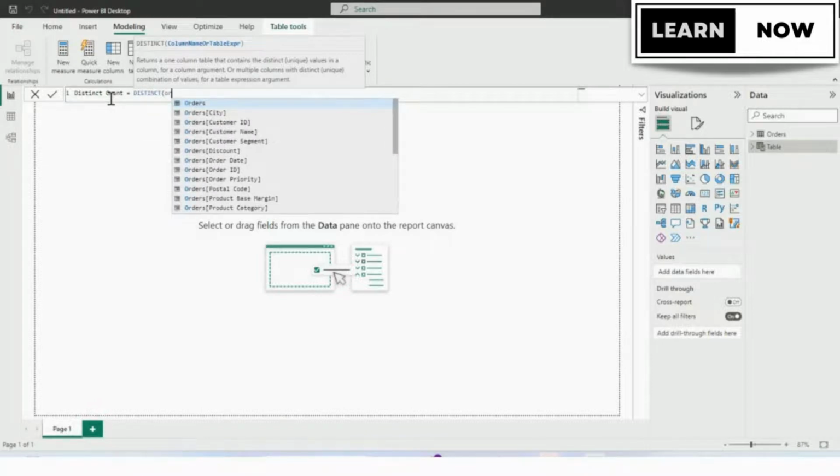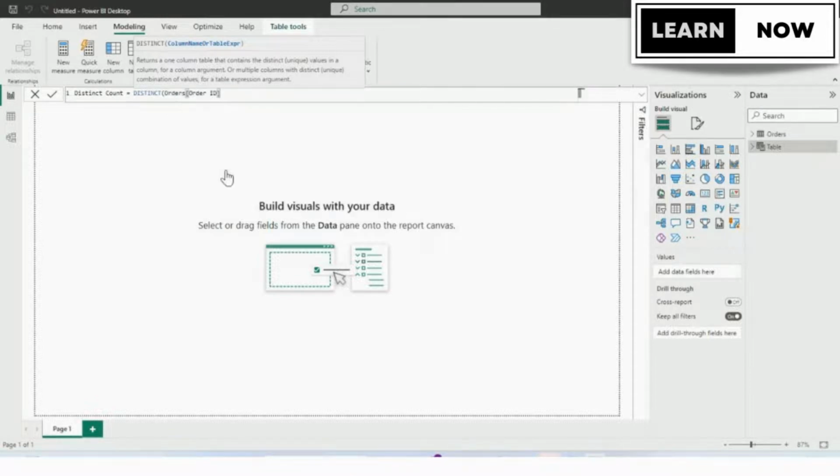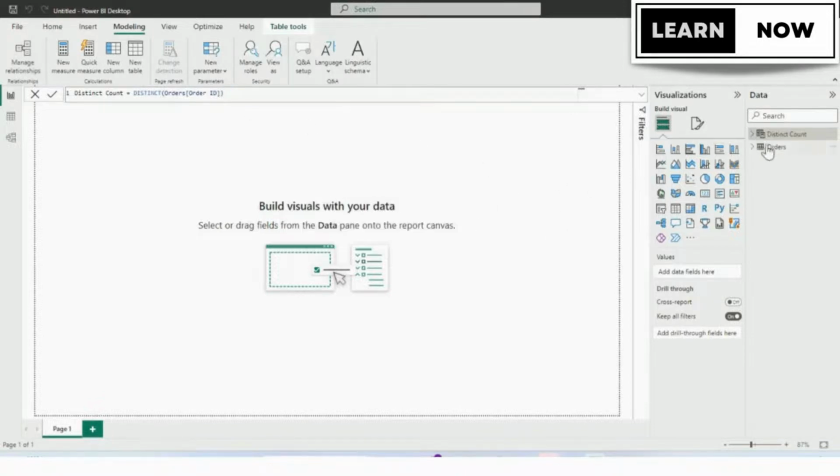I'm going to start typing orders as in the table name, and you'll notice the orders table shows up on the list as well as every field within the orders table. When you see an order ID, you can double-click it or you could go down and highlight it and tab it in. The syntax here is the name of the table, and then the column within that table is enclosed in square brackets. At this point, we can press enter and it will perform the calculation and return our one-column